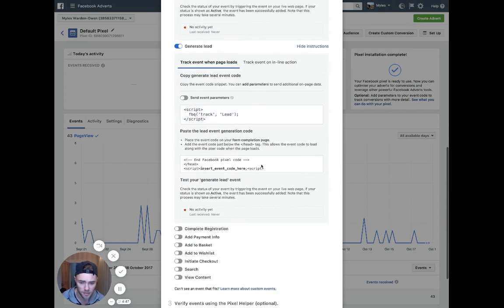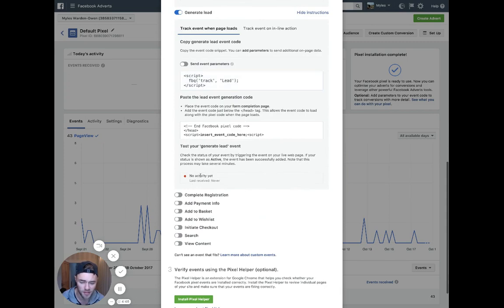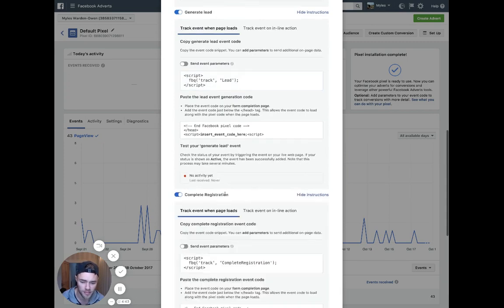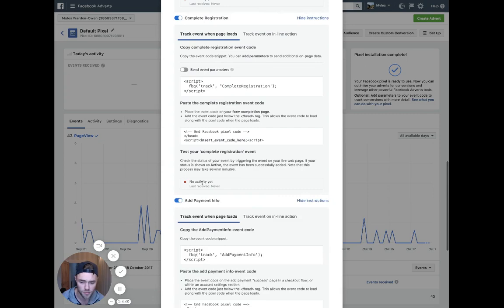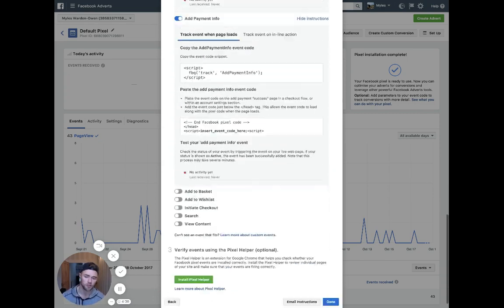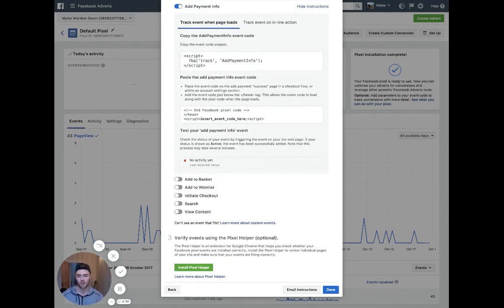But that is basically how to set it up. You're going to see the activity here, which is good, so you can test it. And once these are all set up, you're pretty much in a position to run your ads from start to finish so that you understand exactly the return you're getting